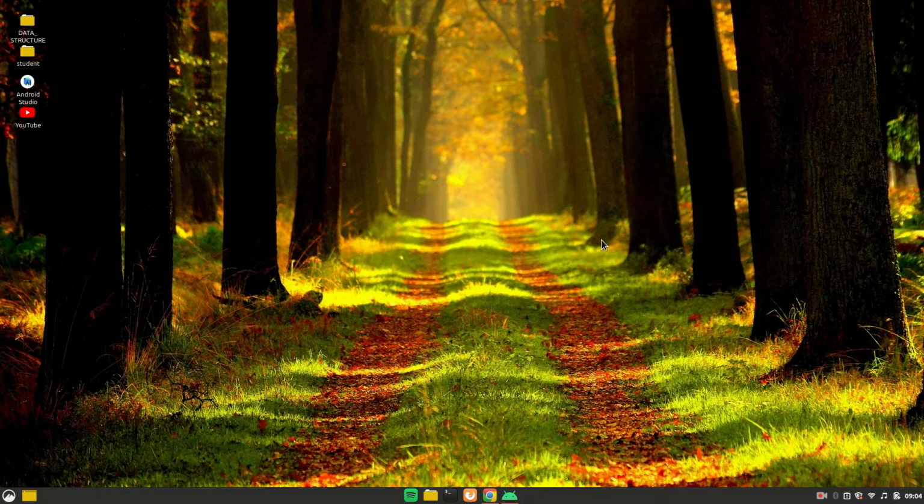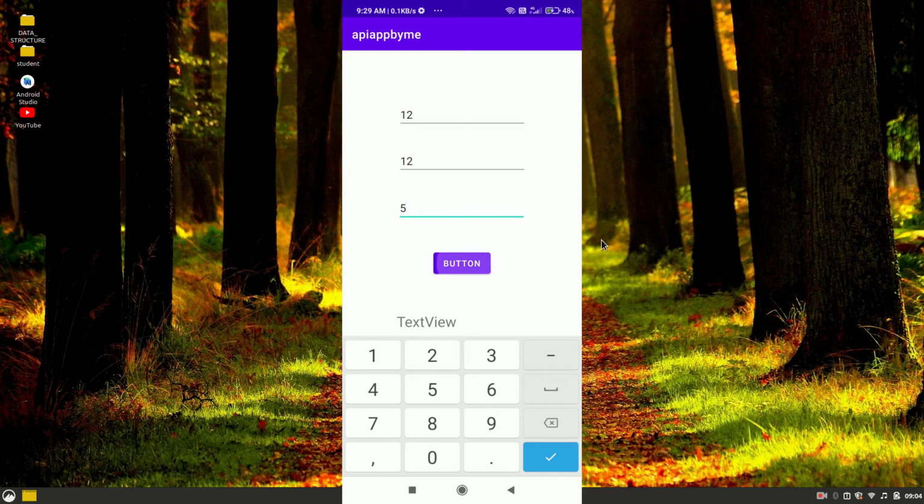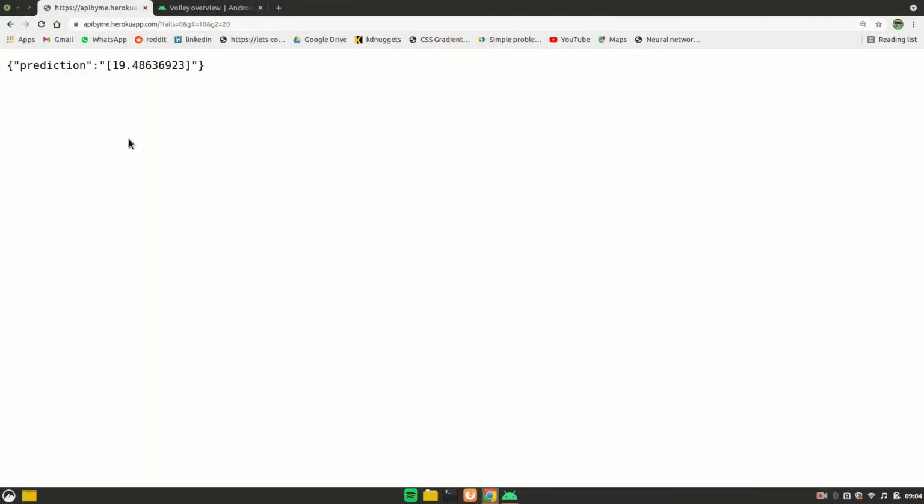In this video, we are going to make an Android app which is going to make an API request, and the API we're going to use is this one which we have created in the previous video. This is actually a machine learning model deployed on the server, and it takes basically three inputs, which are fails, grade 1 and grade 2. So basically this is a linear regression model which has three inputs, and in return it returns the final grade of a student. So we are going to use this API.